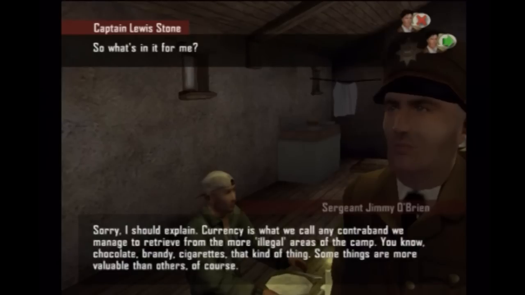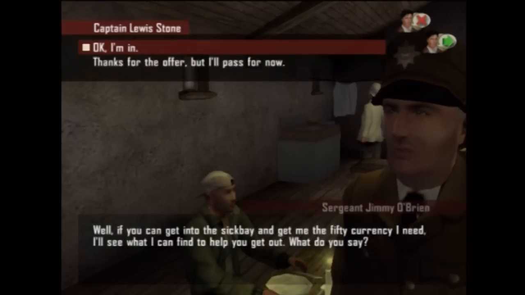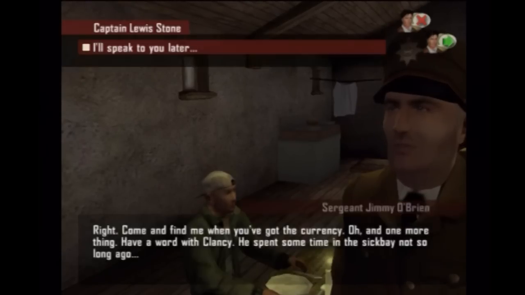So what's in it for me? Well, if you can get into the sickbay and get me the 50 currency I need, I'll see what I can find to help you get out. What do you say? Sounds good to me. Okay, I'm in. Right, come and find me when you've got the currency. Oh, and one more thing. Have a word with...